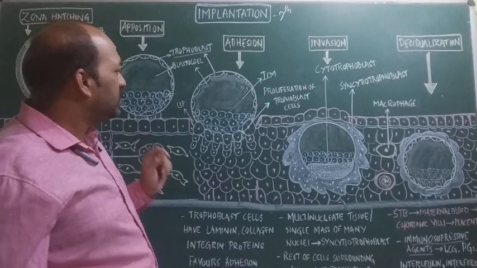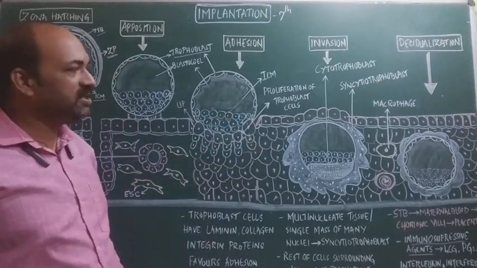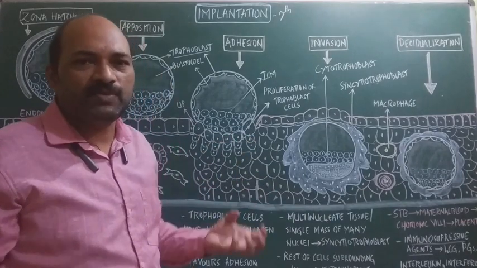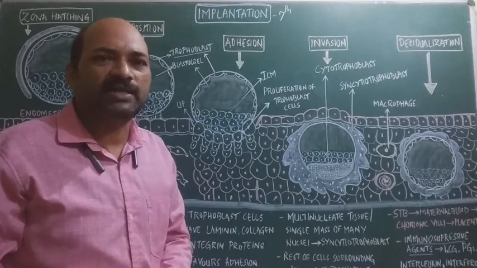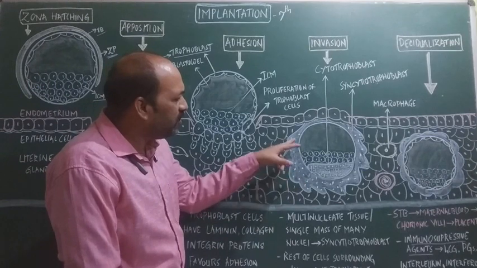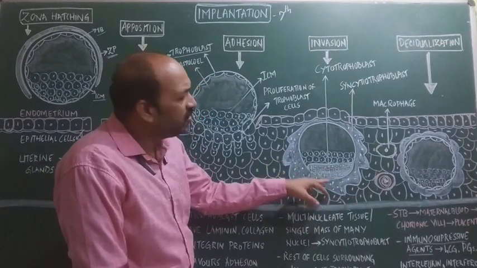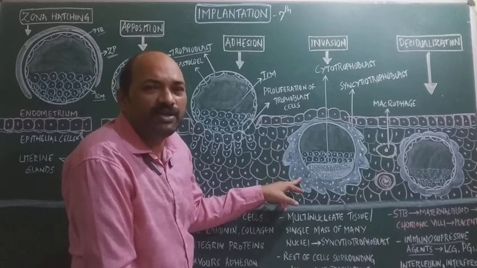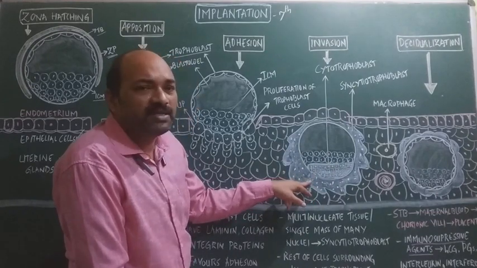Syncytiotrophoblast are trophoblast cells which have penetrated into the endometrium, and there they lose their cell boundaries, which means accumulation of many nuclei takes place. As you can see in this diagram, many nuclei are present. This multinucleate condition without cell boundaries,